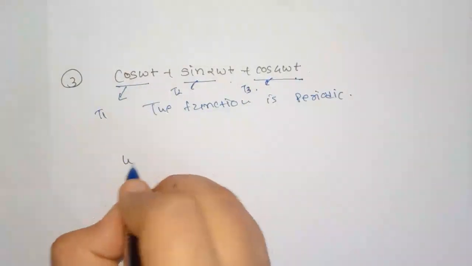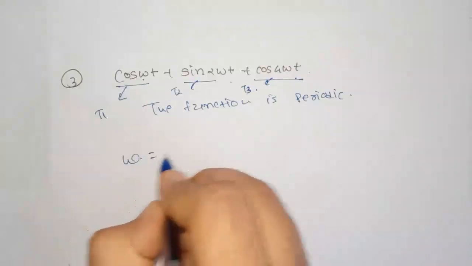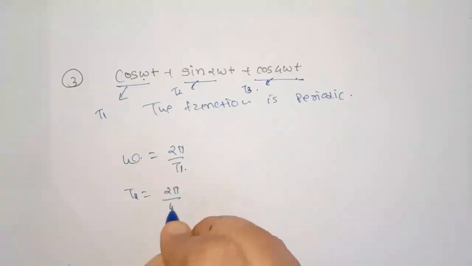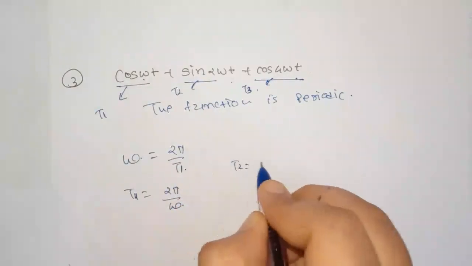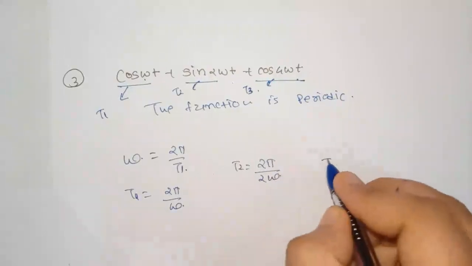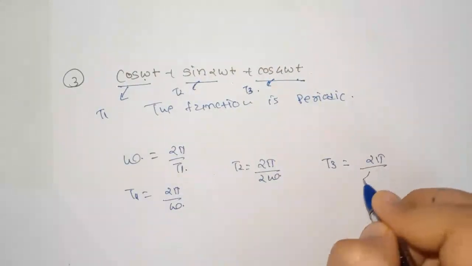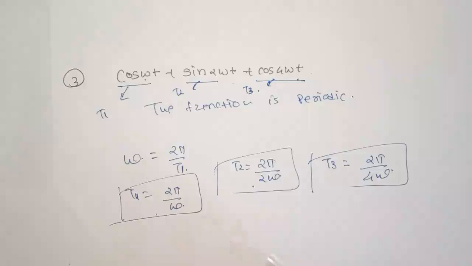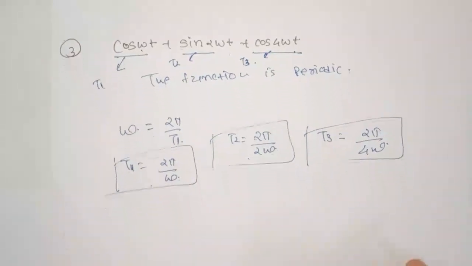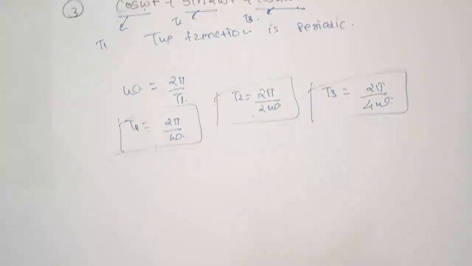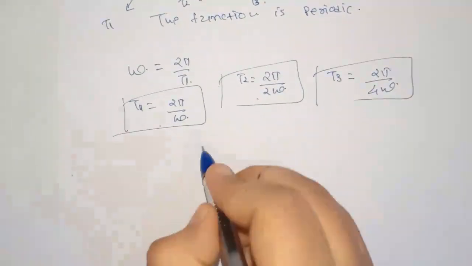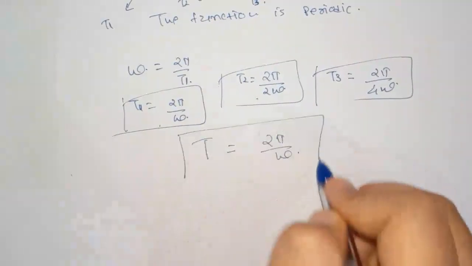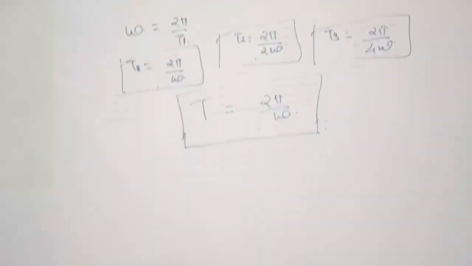So omega is the angular frequency, so omega can be written as 2 pi by t1. So t1 will be 2 pi by omega. In the same way, t2 will be 2 pi by 2 omega, and t3 will be 2 pi by 4 omega. So here the largest time period will be the common time period for the whole function. So the time period of the function will be 2 pi by omega. Why is it so? Let us understand from the